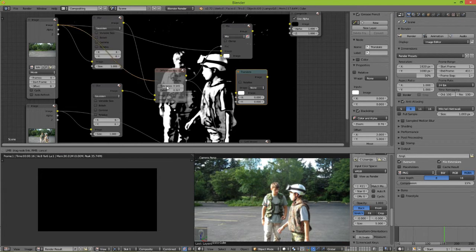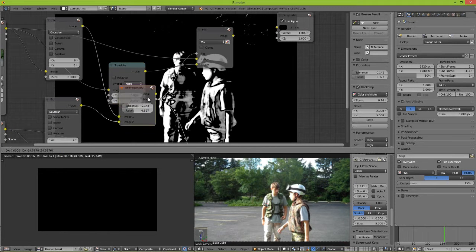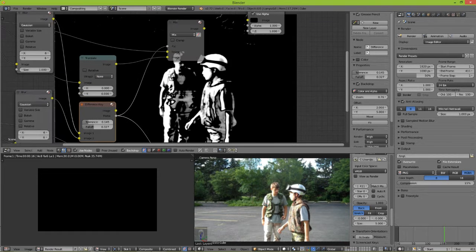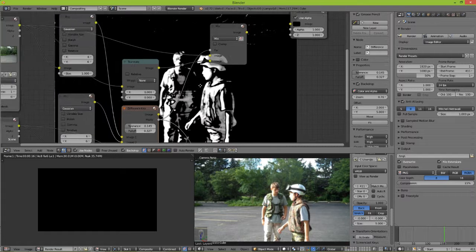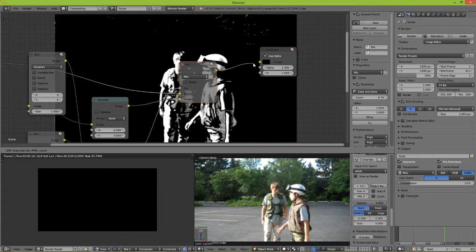Connect this image once again to here. And then we are going to connect the other side to here. So what this does is any area that is highlighted in white here will run through this image slot. Anything that is black here will run through this image slot. So now if we connect this over here,